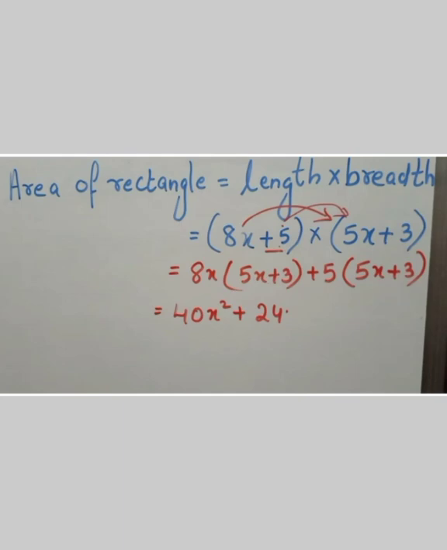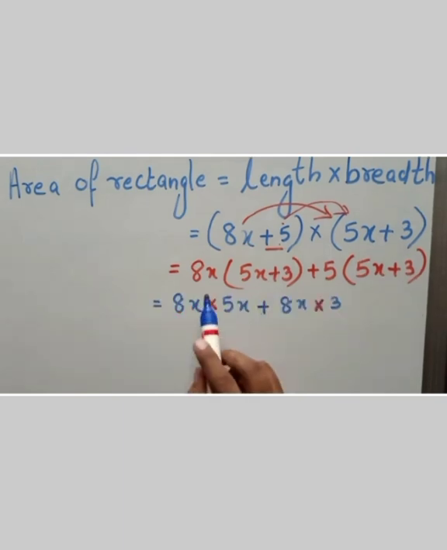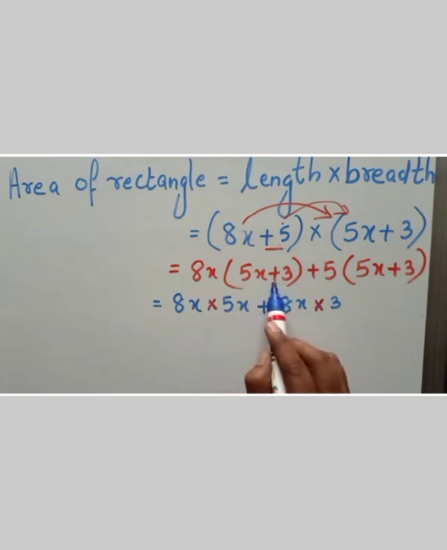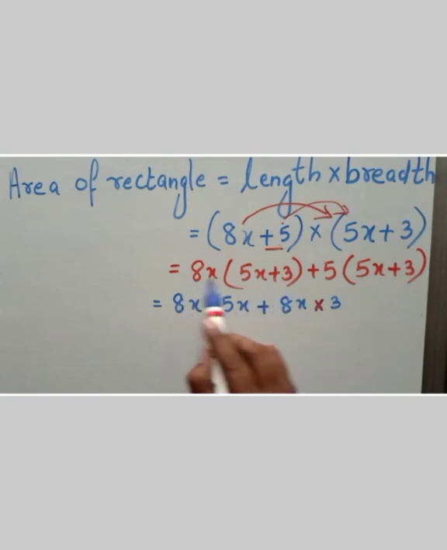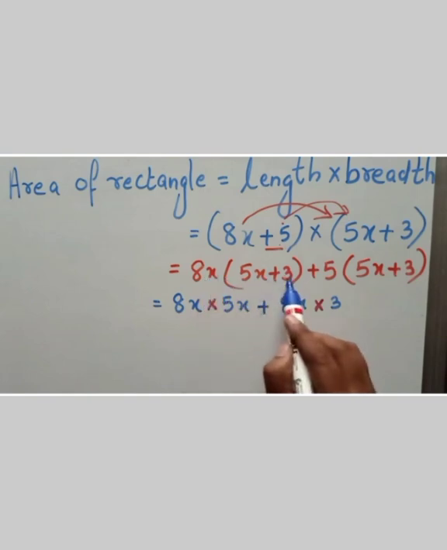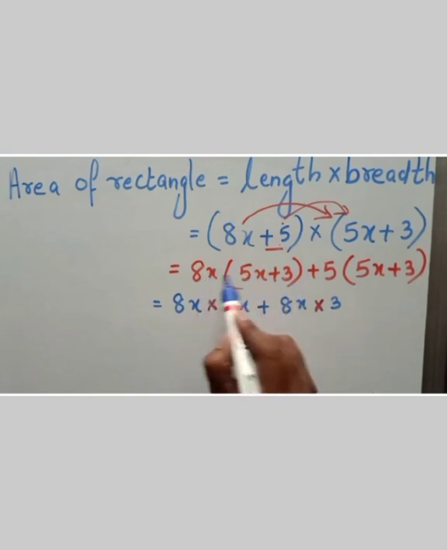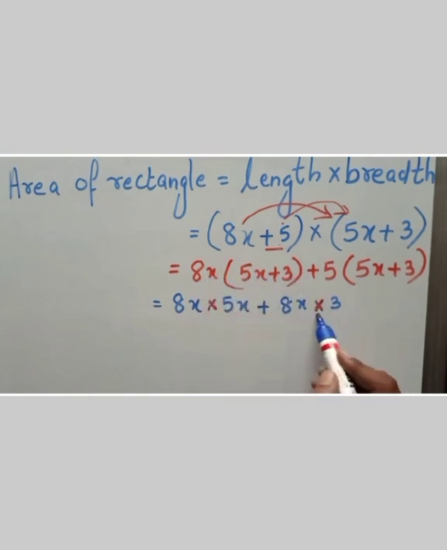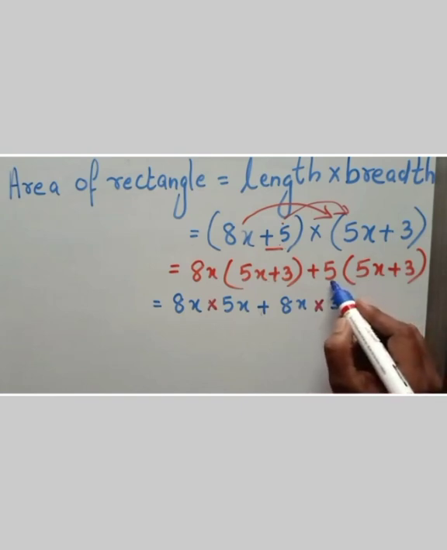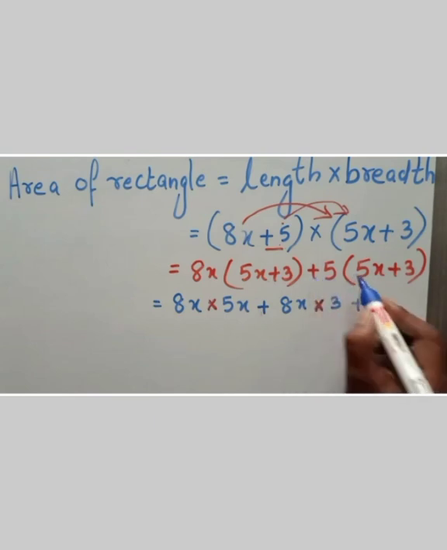It will be a little lengthy, that's all. So we can open this way: 8x into 5x, 8x into the first term of the bracket. I wrote here 8x into 5x. Now what is the sign here? Plus. Plus into plus, plus itself. Now 8x into 3, this into the second term, so you get 8x into 3. Now what is remaining here? Plus 5 and this bracket. You can do the calculation down. Plus into plus, plus. Is that clear?